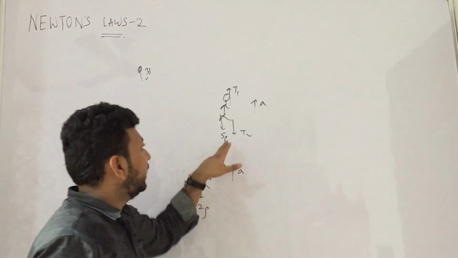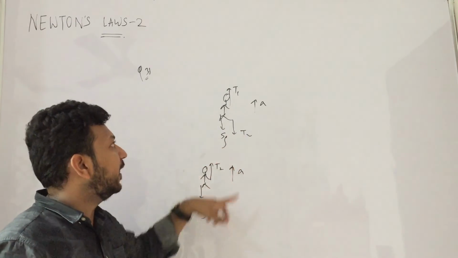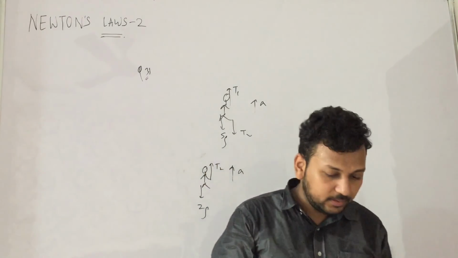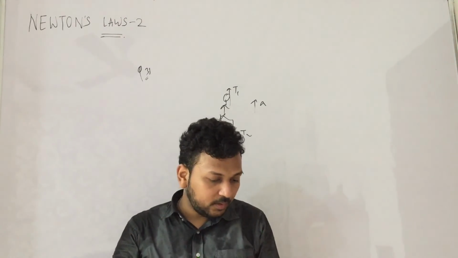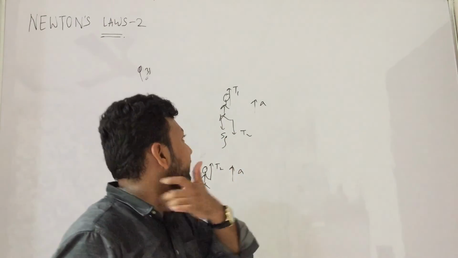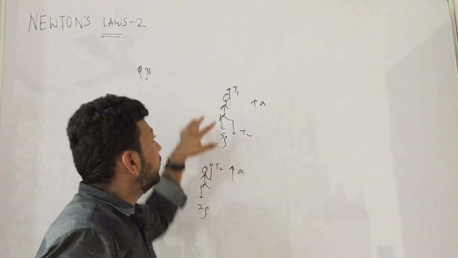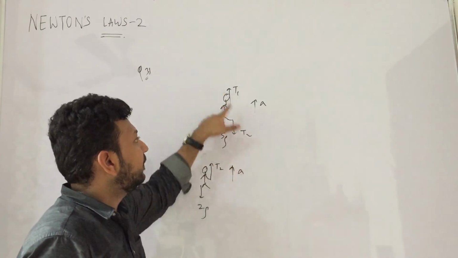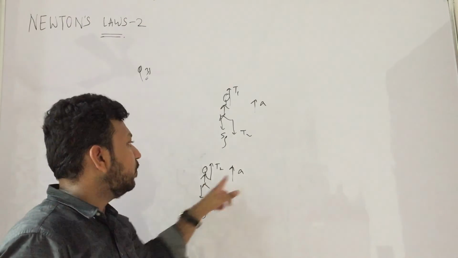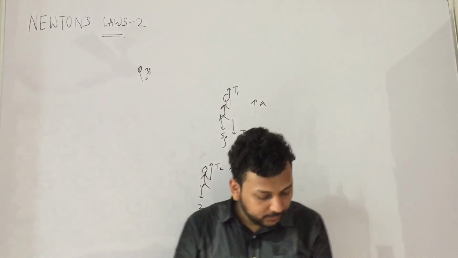So the maximum tension, let us keep it to be 30, and then solve the FBDs, then solve the equations, and we'll find that the answer is I think 105. Yeah, 105. So 105 can be the maximum tension above with which it can go up. Simple equations: T1 minus T2 minus 5g is equal to 5a. Similarly, T2 minus 2g is equal to 2a. Okay, so you can solve this.